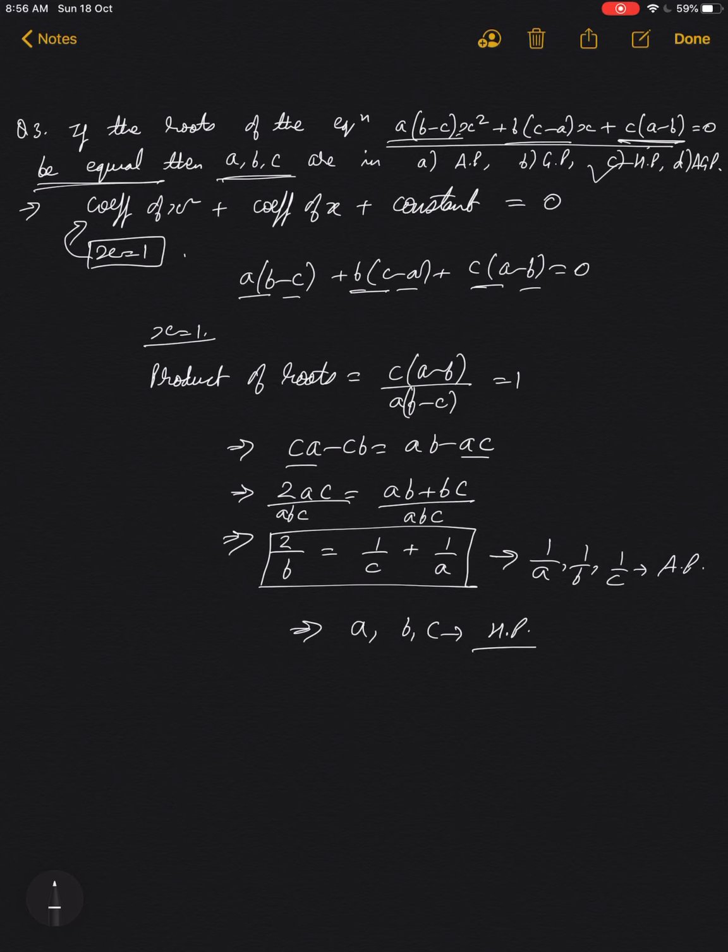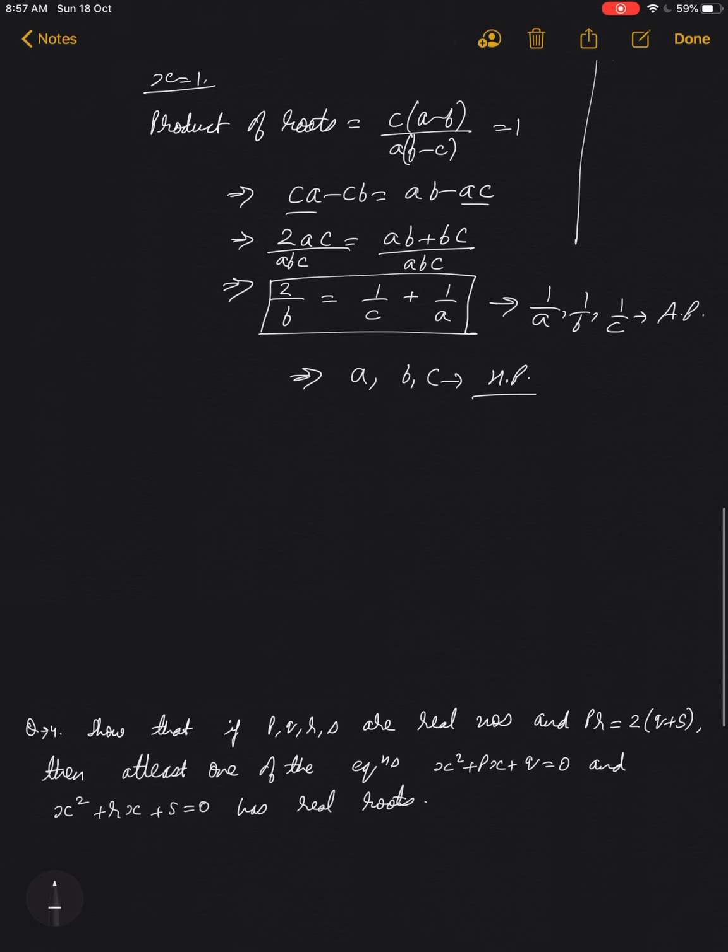So if we are doing it by that method, discriminant greater than or equal to 0, it will complicate the problem. The easy thing is, because of symmetry, we have to look at it carefully, and because of symmetry we can straight away say x equal to 1 is a root. If x equal to 1 is a root, both the roots are 1 and the product is equal to 1. Like this you can simplify the problem.